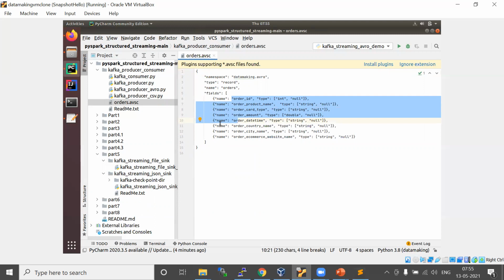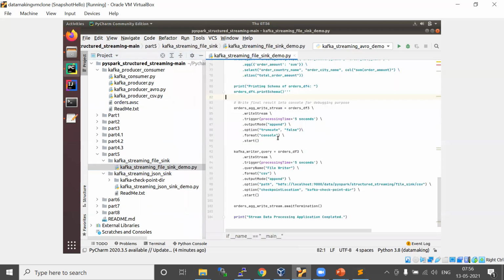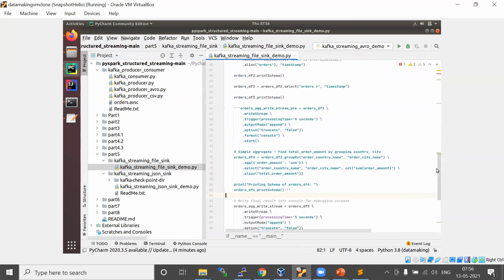Here I'm going to show you the sink. Sink will be very simple. You have the final data frame, and you choose which destination you want to put it in. If you take a file sink, for example, this is my final data frame.